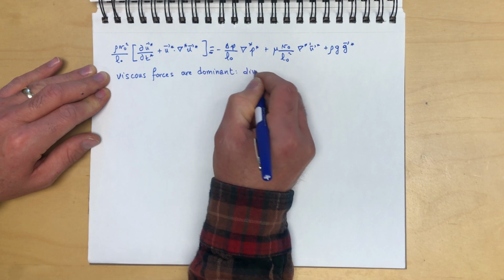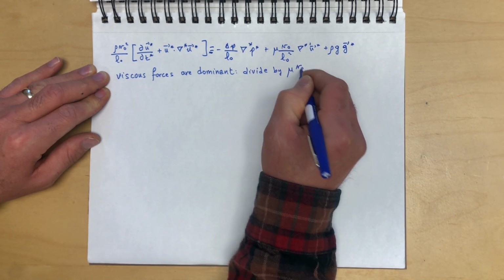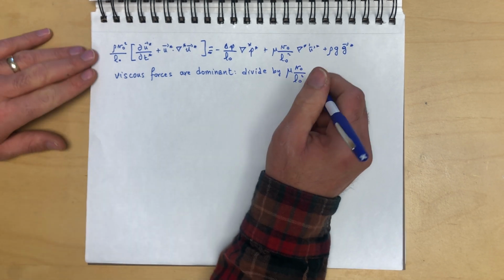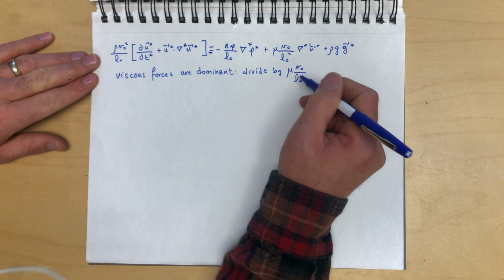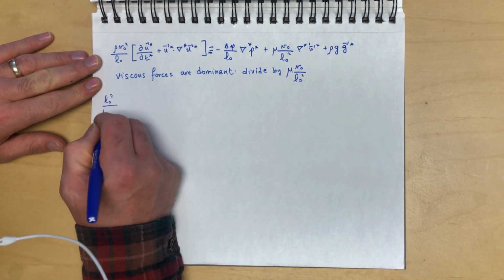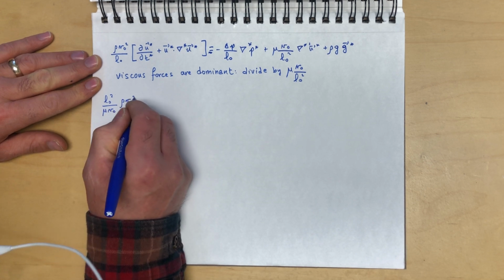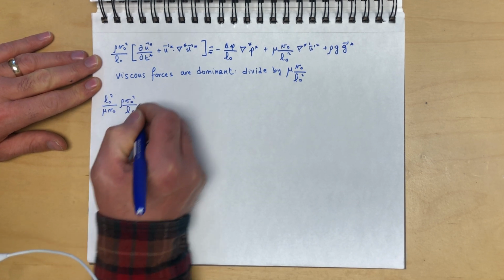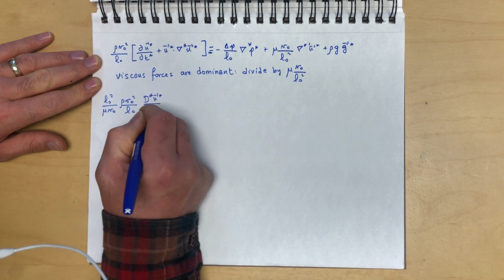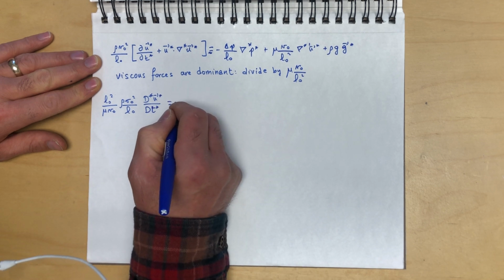So we want to divide by mu v0 over L0 squared, and what that means is multiplying by L0 squared over mu V0. So we get L0 squared over mu V0 times rho V0 squared over L0 dU by dt is equal to